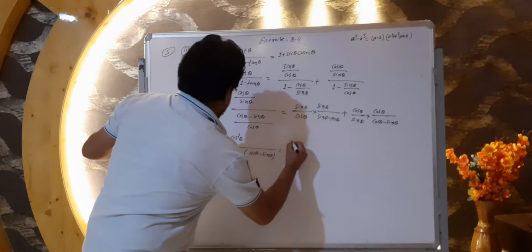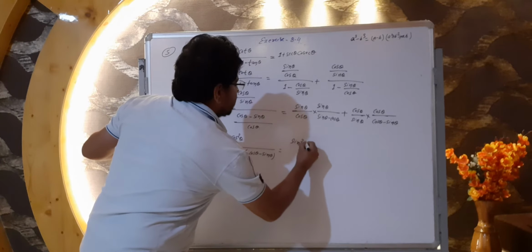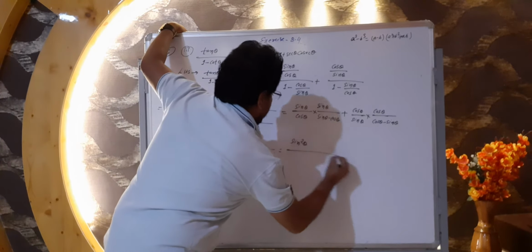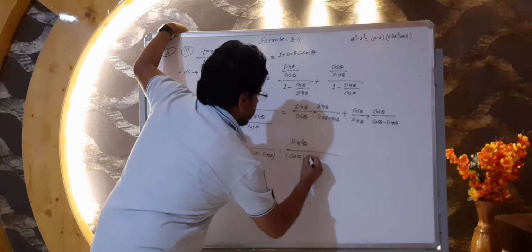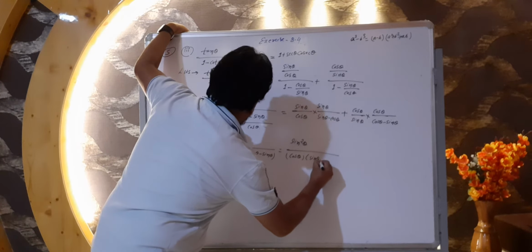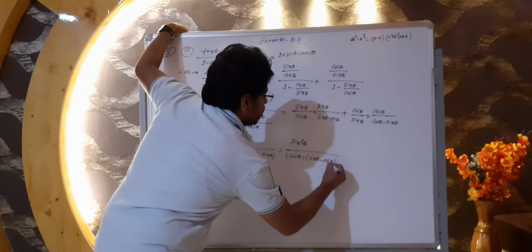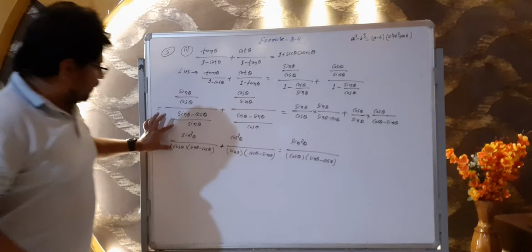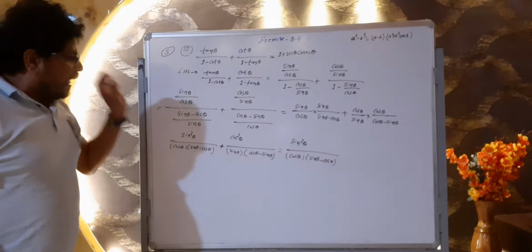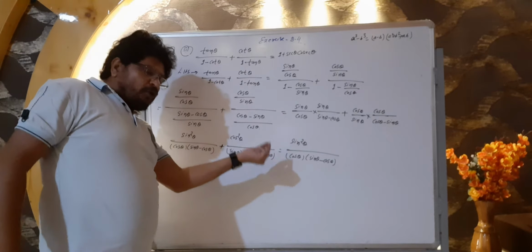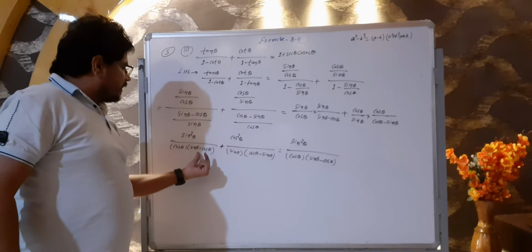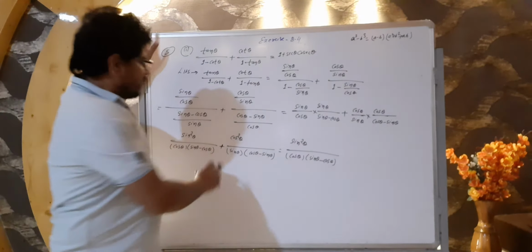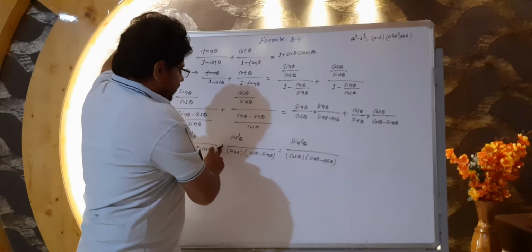What we have to do, in the same manner we write sin square theta upon cos theta, and here sin theta minus cos theta. Look guys, this term I am writing same to same. And here I am taking minus 1 common. Why? Because if I take minus 1 common, then both terms will be the same. When I take this minus common, this plus will change to minus.